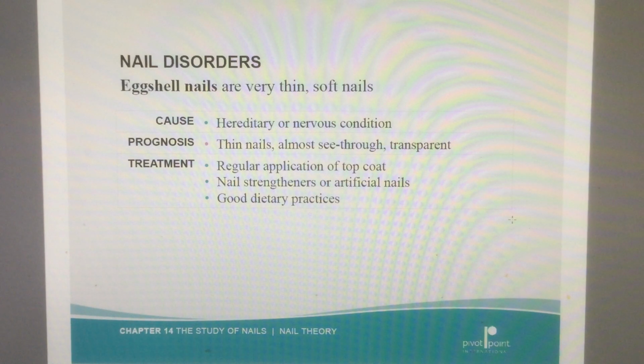Eggshell nails. These are very thin, soft nails. The cause is usually hereditary or nervous condition. The prognosis is that the nails are thin, almost see-through and transparent. And as far as the treatment, regular application of the top coat is recommended, nail strengtheners or artificial nails, and good dietary practices. My only issue with the artificial nails is that sometimes eggshell nails have a growth in which